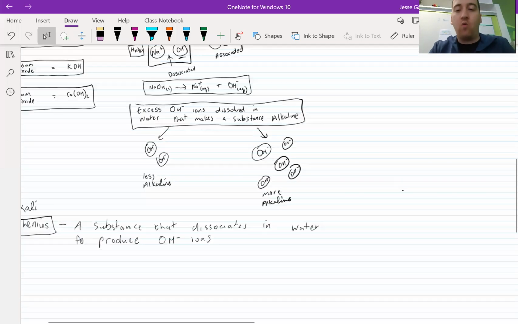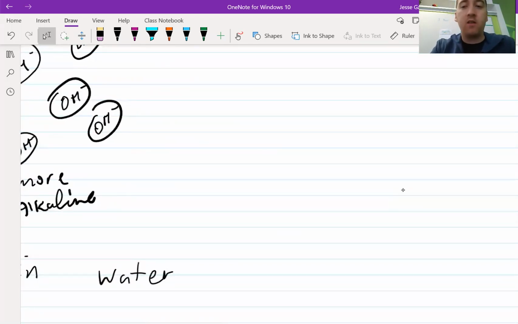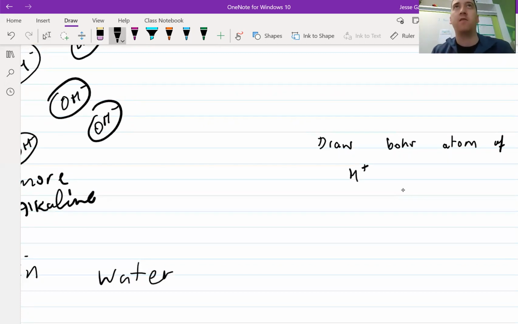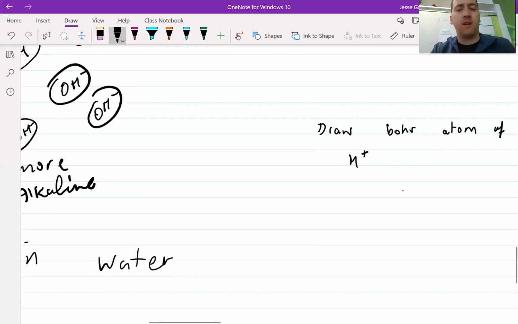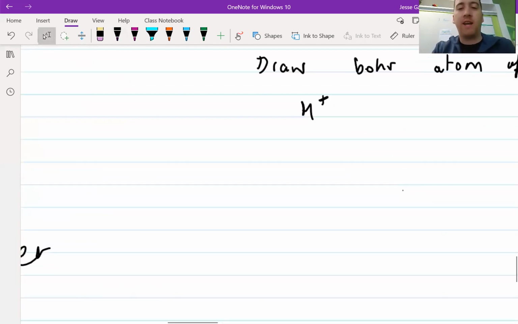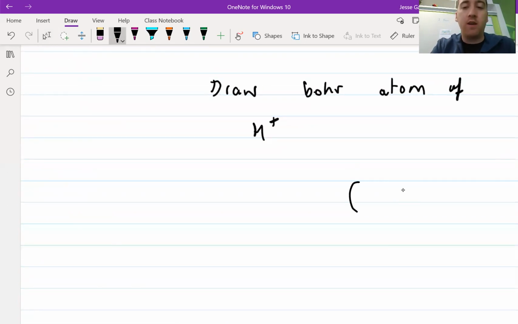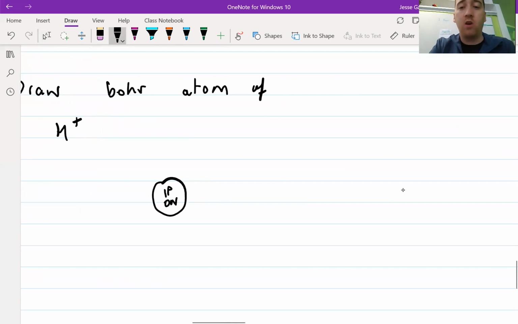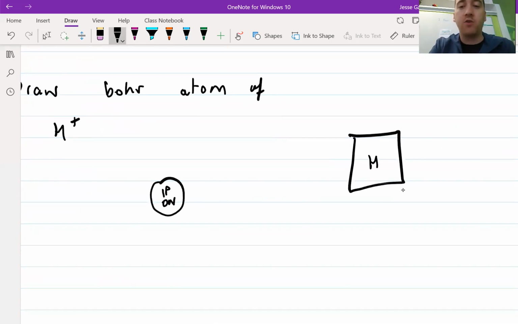Let's take a look at what H plus ion is for a second. So what I want you to do is draw, you should all know how to do this, draw a Bohr atom of H plus. So think about that. What's happened for it to be H plus? Draw that for me now, please. Okay, you might struggle to draw this actually, because if you think about it, what is H plus? H plus, in the nucleus of a H plus, we've got 1 proton and 0 neutrons. Because hydrogen, if we look at the numbers for hydrogen on the periodic table, you've got hydrogen, it's got number